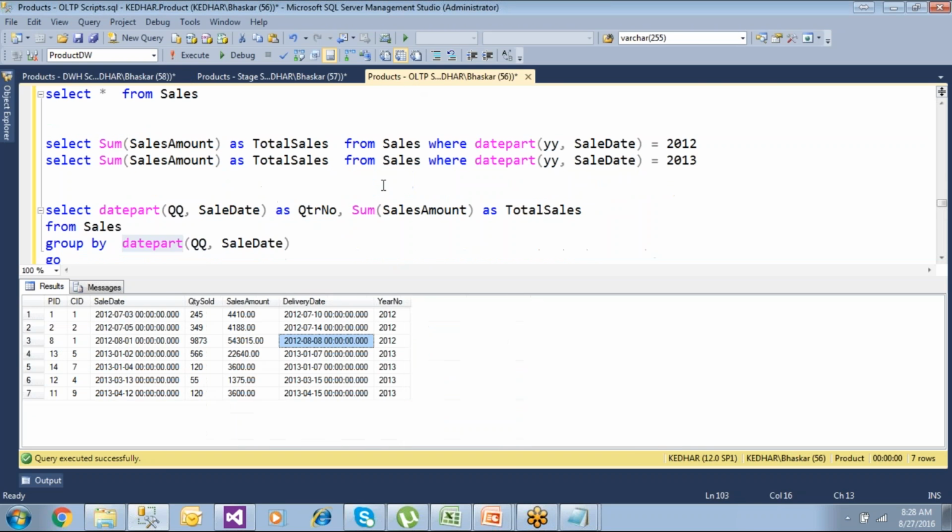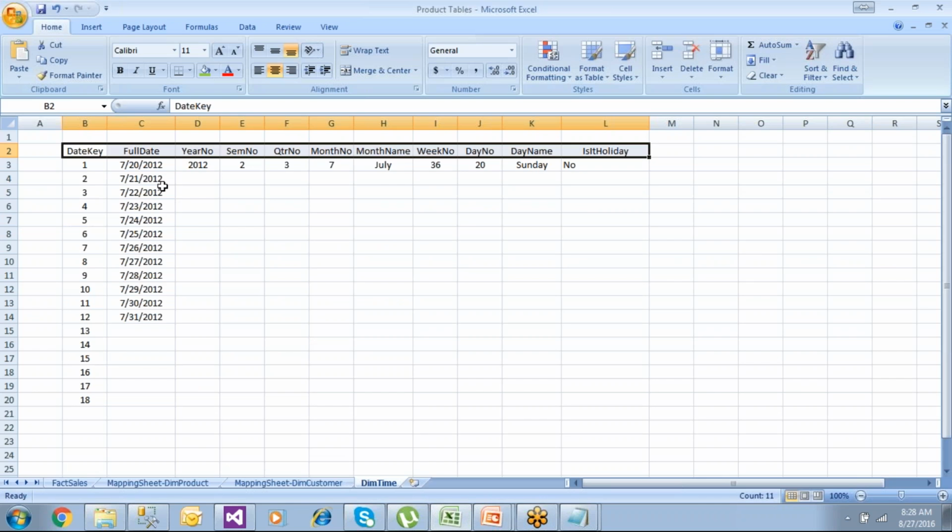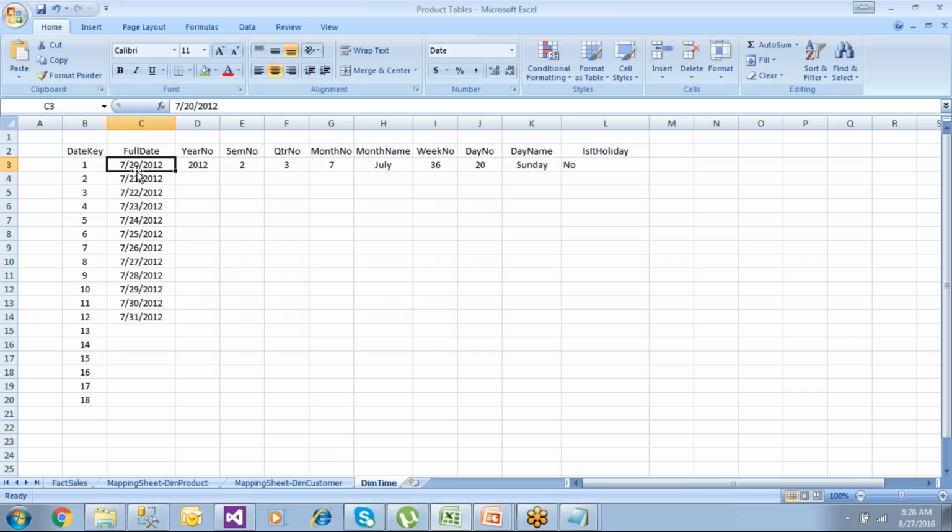But when you go to the OLTP table, this is fine, this is fine. Here we are going to replace with this. How? You take this data and you compare. For example, July 3rd, July 20 data, whatever it is, you compare this data with this date. For example, you're going to have the July 3rd data. This is your July 3rd data, right? So July 3rd means what is the date key, 1? So whenever you are filling the data in this fact table,